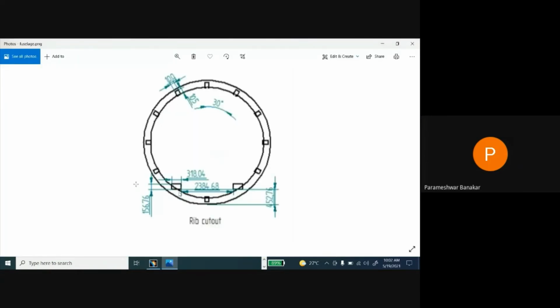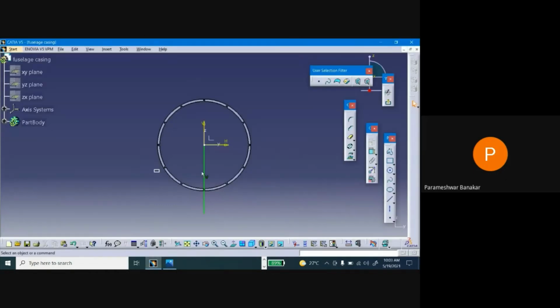So now the distance between these two rectangles is how much? 2384.68. Correct? So that means half of it from here to here, 2384.68, is here, and from this axis, here one more half distance is there.